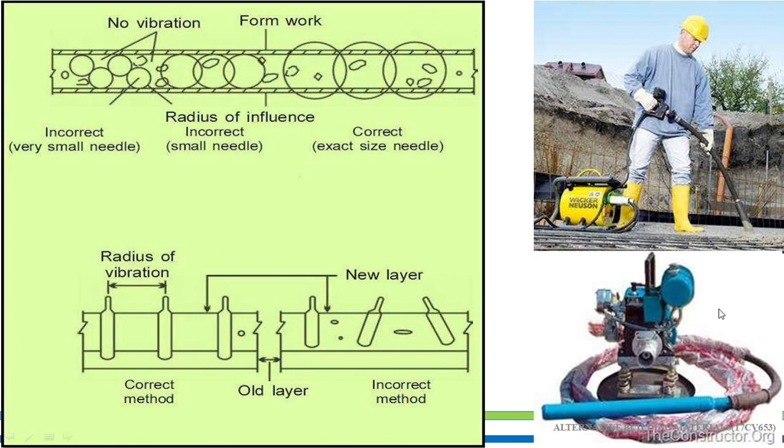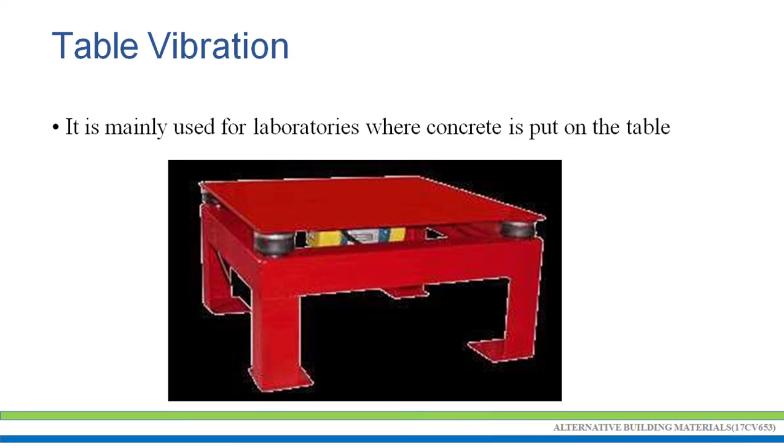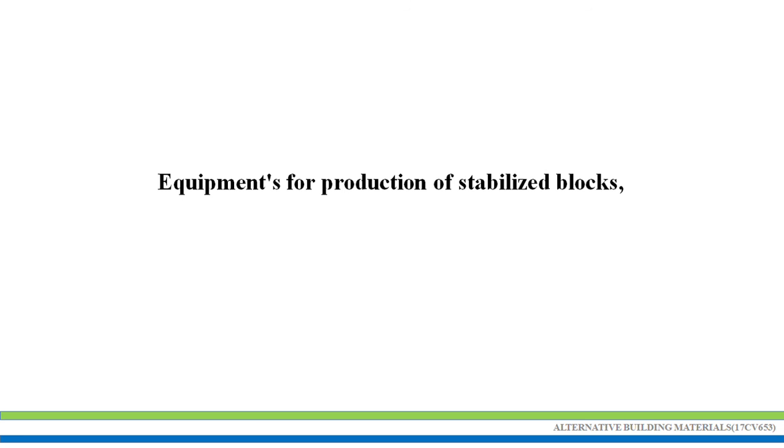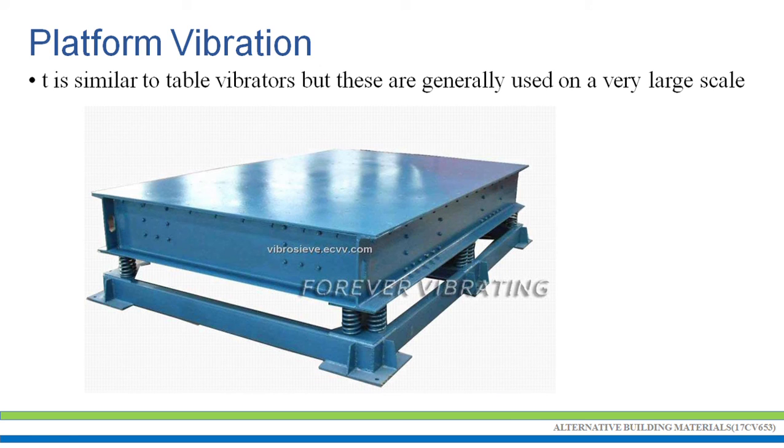So the internal vibrator consists of the needle, you can observe here, with the help of the needle we can provide proper compaction to the concrete. Next one, table vibration. So this is mainly used in a laboratory. It is not used on site. It is mainly used in a laboratory. Next one, platform vibration. This is an advanced table vibrator. This is similar to the table vibrator. So these are some of the equipment we